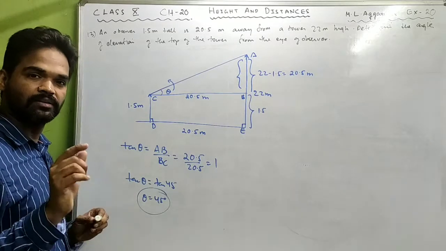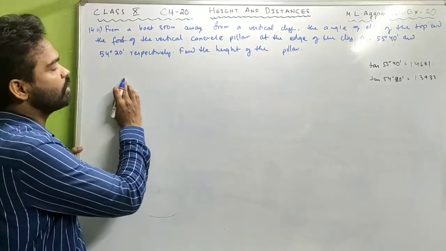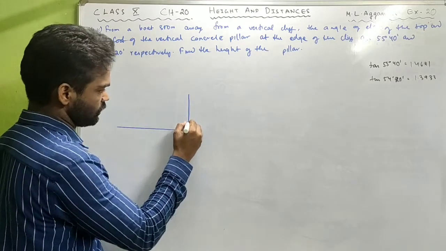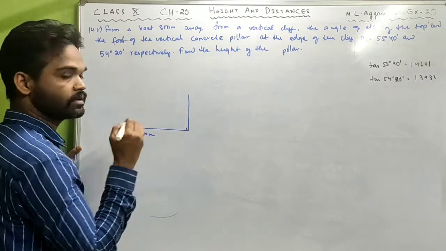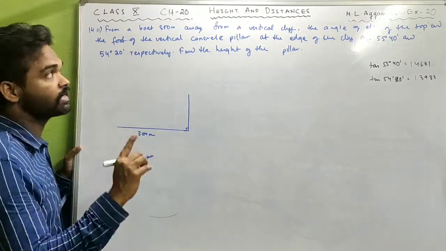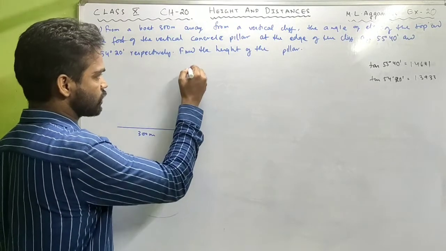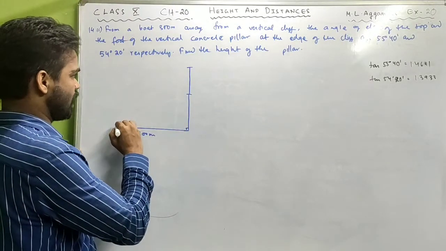Now let us look at the next sum. Now look at this sum, 14 part 2. From a boat 300 meter away from the vertical cliff, which means there is a vertical cliff and the boat is 300 meter away from it. The angle of elevation of the top and the foot of the vertical concrete pillar at the edge of the cliff, which means at the edge of the cliff there's a pillar, and from the boat the angle of elevation